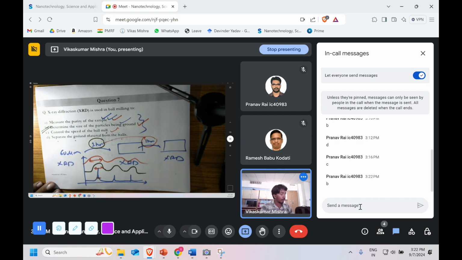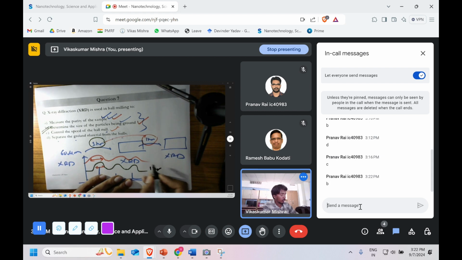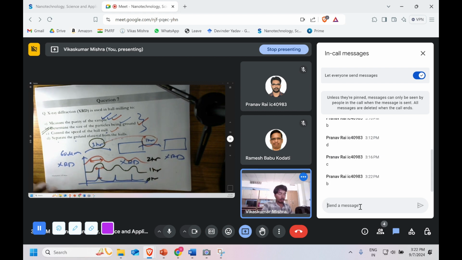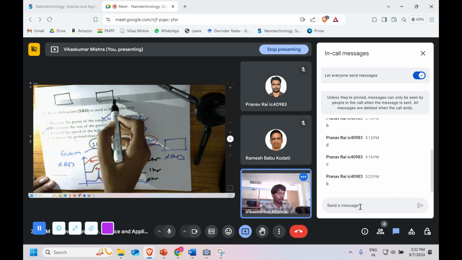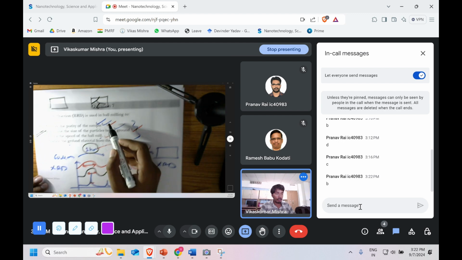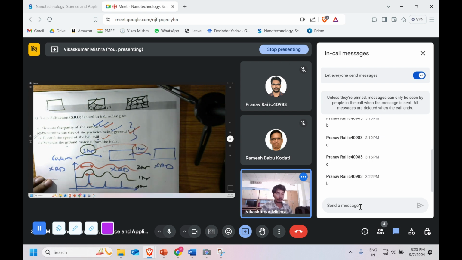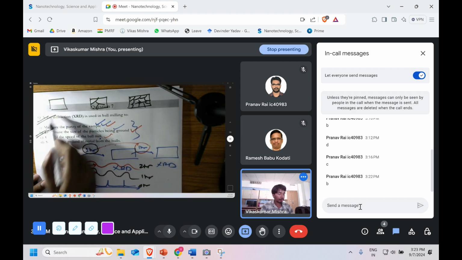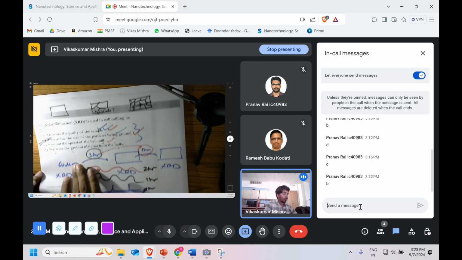So this was 0 hour, 1 hour, and 2 hour, and we have seen that the broadening keeps on going. The reason behind that is that the particles, which were, let us say, of this particular size, have broken down into smaller ones, and they further break down into even smaller ones. And with that, we have solved this question. Okay, let's move to the next question. Question number 8.